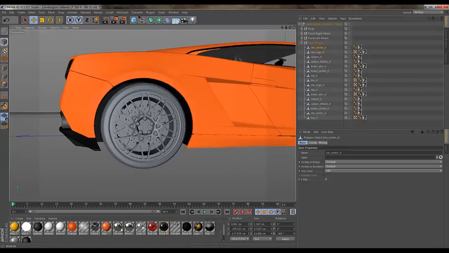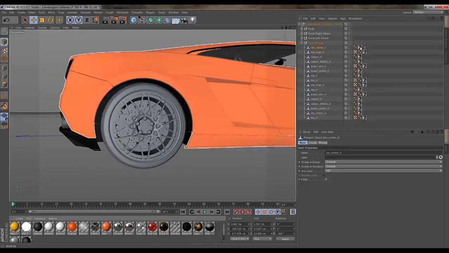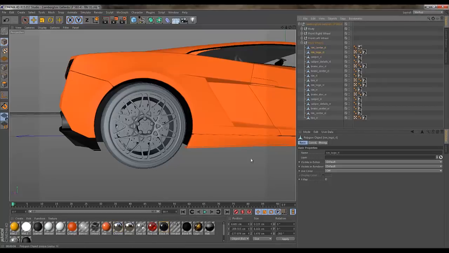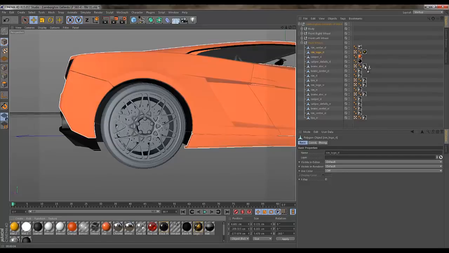Let's just quickly whip through these. Right. Okay. Rim center. What did I do? Yep. I did that one. Rim logo. Caliper. Details. Disc, brake center, black, rim itself, and tire, rim logo,